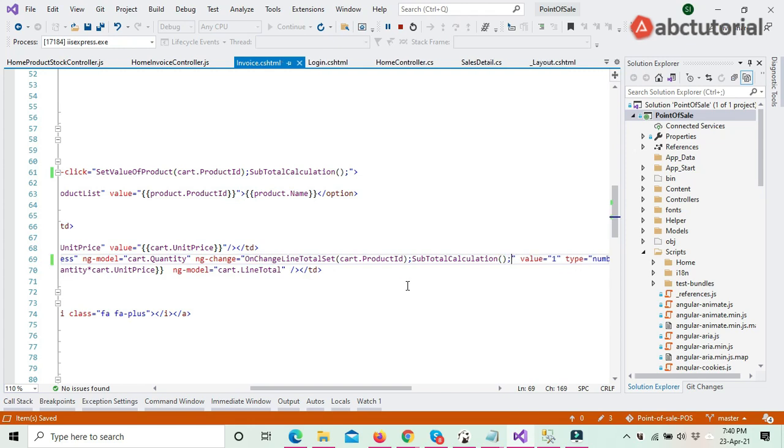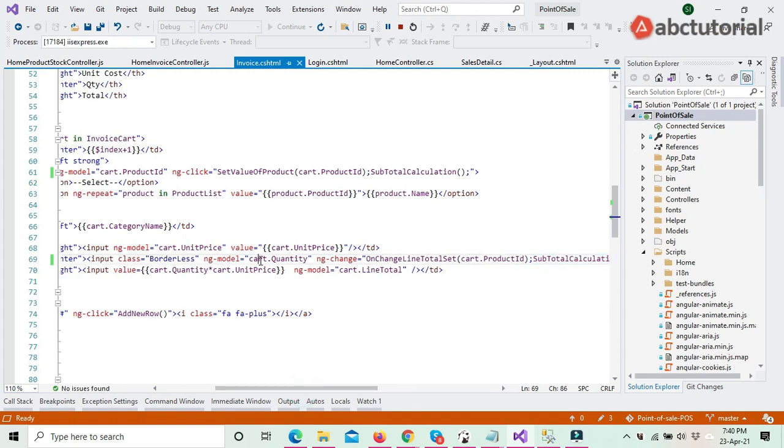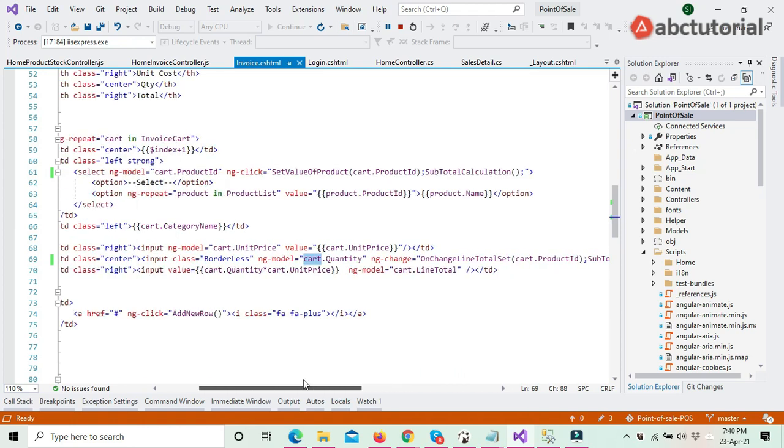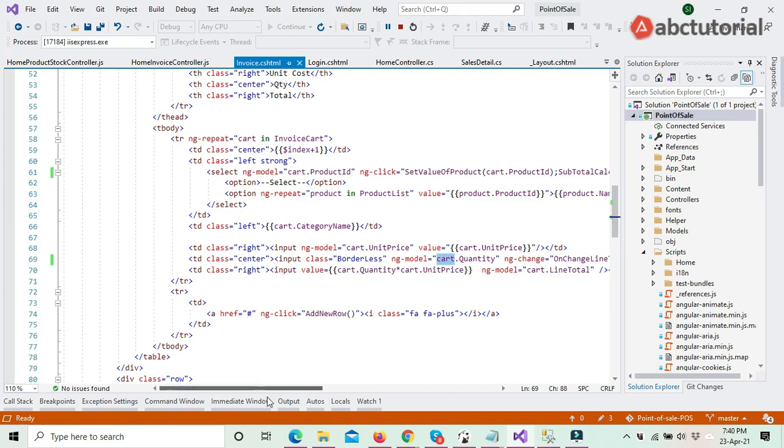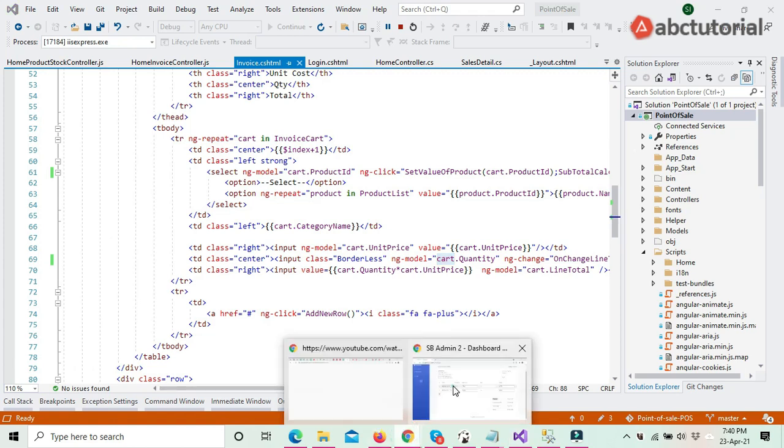We provided this ng change in the quantity line. Okay, so if I reload the page,